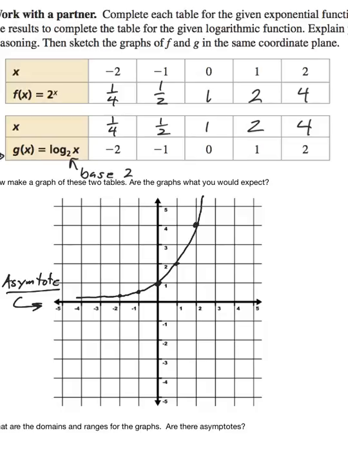On the other one, what we start with is 1/4. Move positive 1/4 and down -2. So positive 1/4, down -2 is somewhere here. Do you see my blue dot? Yeah. The next one is 1/2, -1, and then we get the 1, 0 point, 2, 1, and then 4, 2. And so here's our